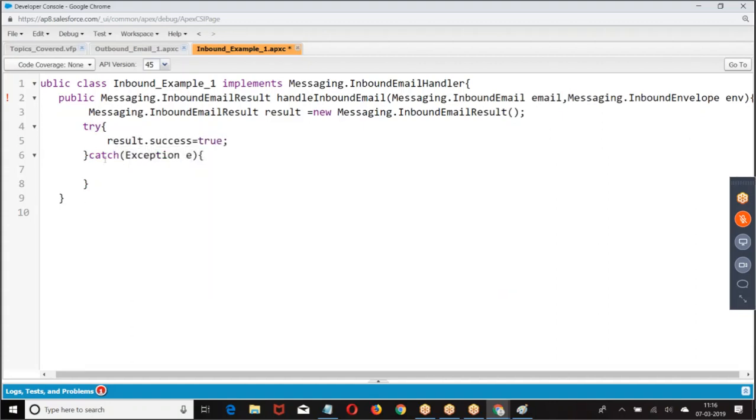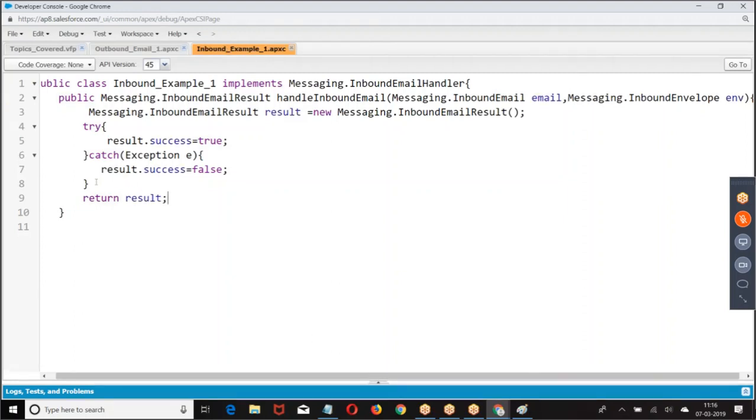What does it mean? Whatever the email you have sent, that email I have handled successfully. Return result. Result.success equal to true, result.success equal to false. If I handled the mail you sent, success equals true; if I didn't handle it, success equals false.